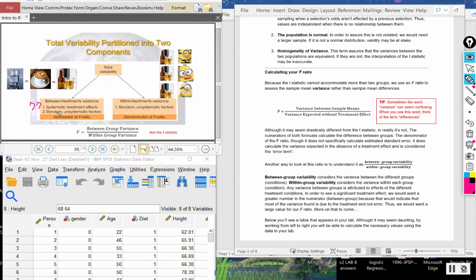We don't want this to be factored in. But we also want this one to be very small as well. If this was very large, like, I don't know, 10, if we were to do the math here,